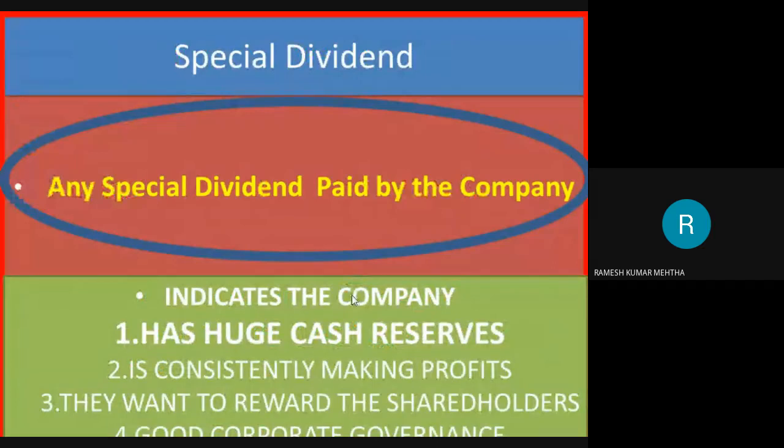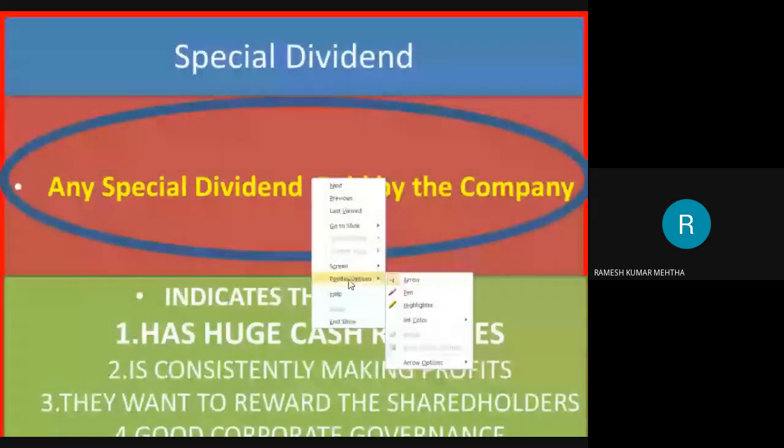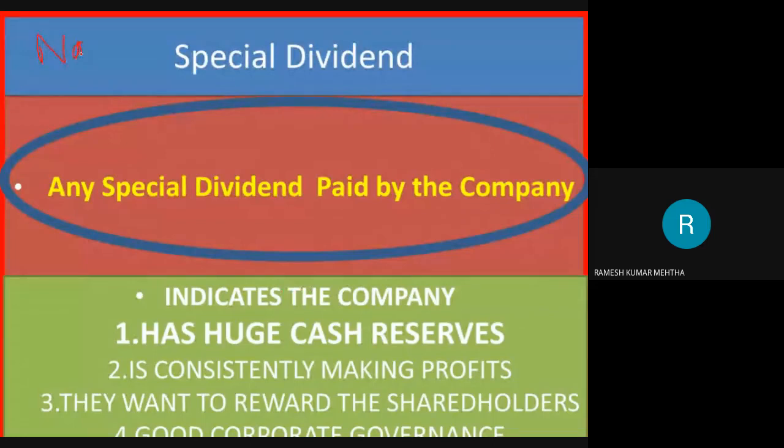Next one is special dividend. Now there are so many companies in the Indian stock market which have declared exorbitant, mind-blowing special dividends. For example, Navin Fluorine in the year 2010. Next one is Clariant Chemicals. There are so many companies, but from my research, I came to know about these companies. There is another company by name Elantas Beck.